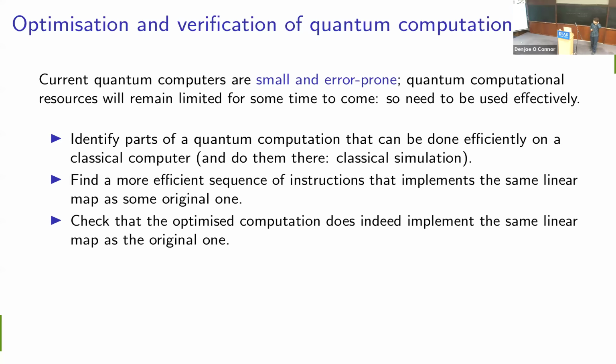But then that throws up a new question, and that is, if we've got this computation and we've optimized it, how can we guarantee that this optimized set of instructions still implements the same operation as the original one? Obviously we need to ensure that, because errors do sometimes happen on the classical side as well, not in the sense of hardware faults, but just in the sense of software problems, for example. And of course, in general, we don't want to be doing all of this by hand. We really want the computer to be doing it automatically.